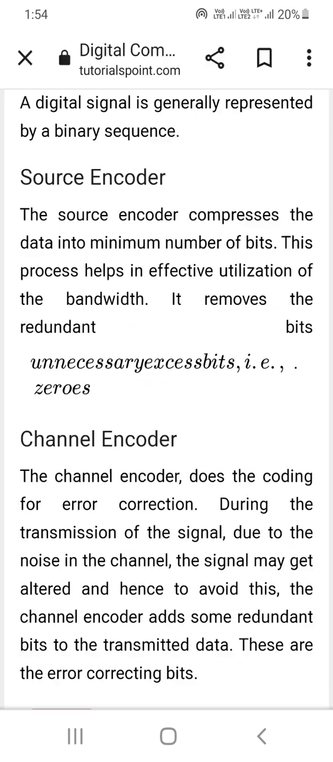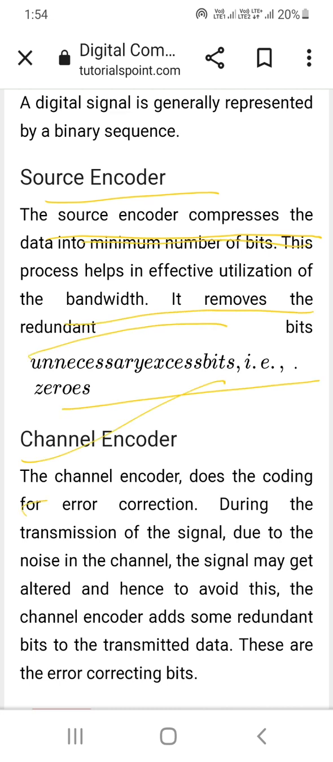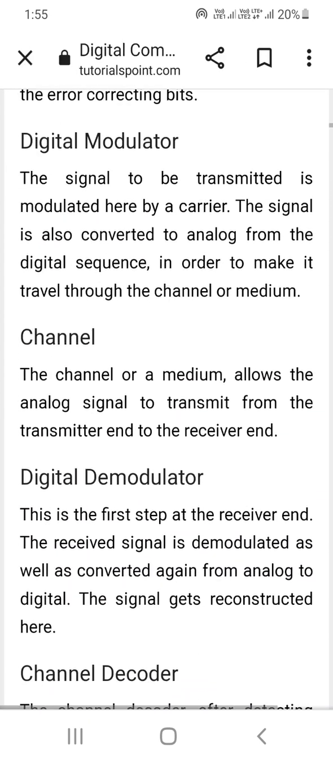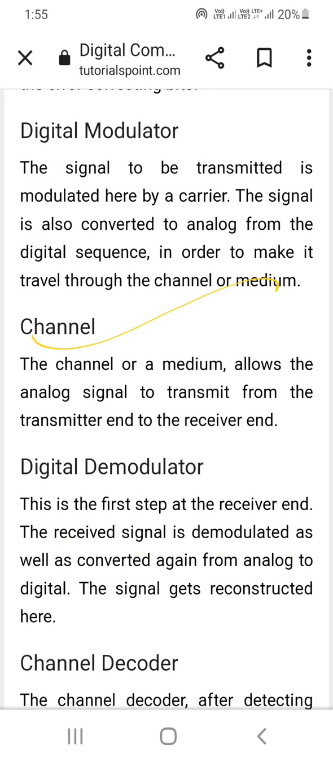You need to know the source encoder. The source encoder compresses the data into a minimum number of bits, reducing bandwidth and removing redundancy. Then the channel encoder does the coding for error correction during noise in the channel signal. The channel encoder adds more redundant bits to the transmitting data. Then the channel is a medium that allows the signal to transmit from the transmitter end to the receiver. And then the digital demodulator, digital decoder,